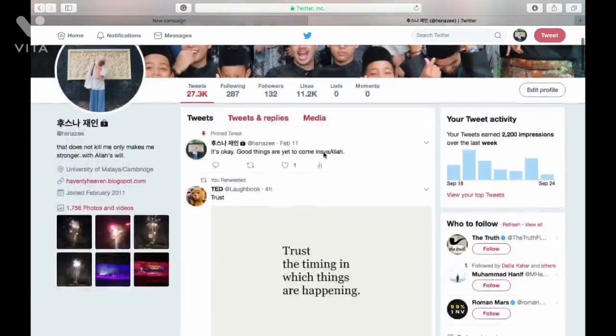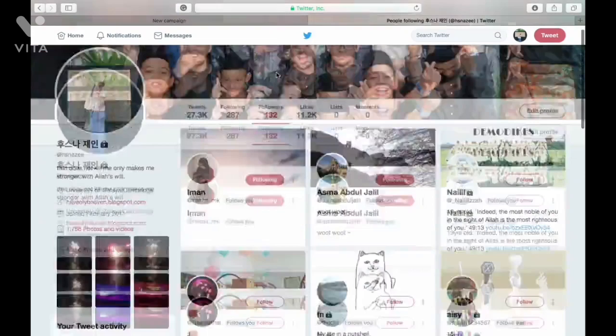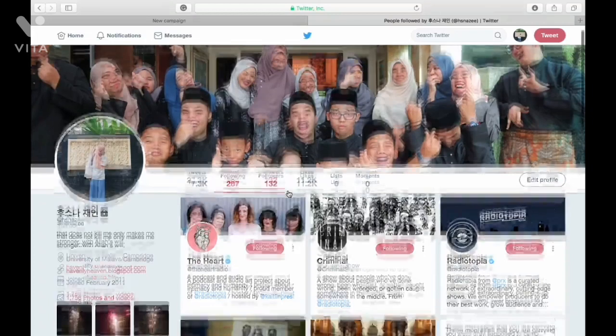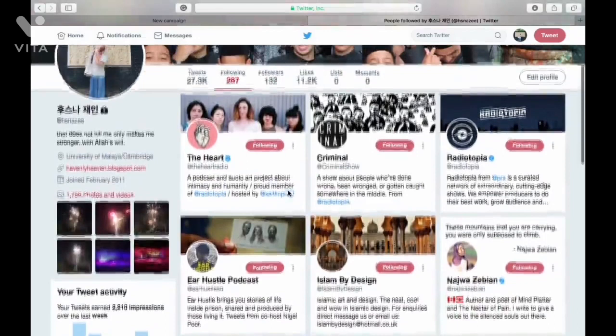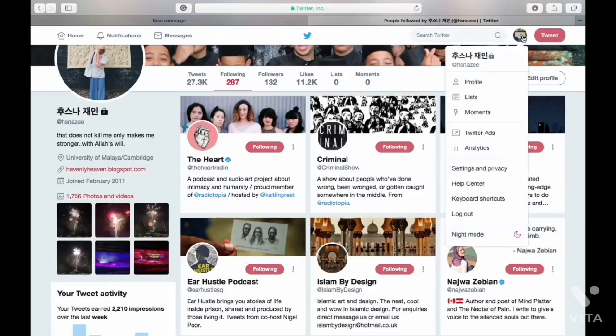When you've completed the process, you need to have followers and followings. Followers are people that will follow your account. Followings are the people you follow through your account. Your profile and account is only visible to your followers if you set your account to private. However, if you set your account to public, everyone has access and can view your account.